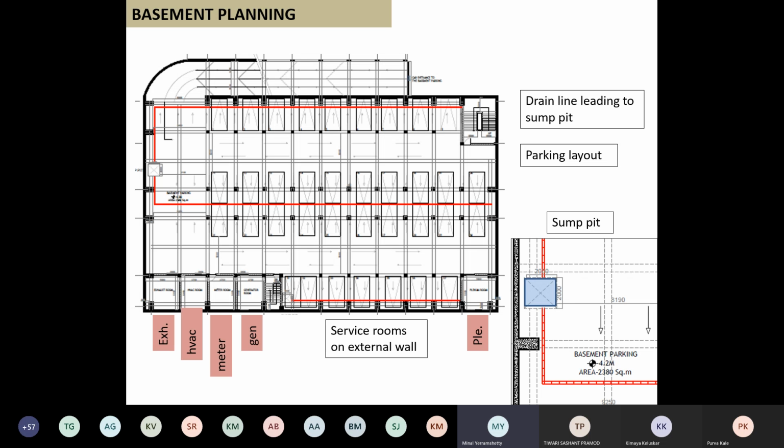Meter rooms are planned below. Generator rooms are there. Transformer rooms, in case it's a very large complex. Sometimes you need to house a transformer room where you can do the voltage up and down. So those kinds of